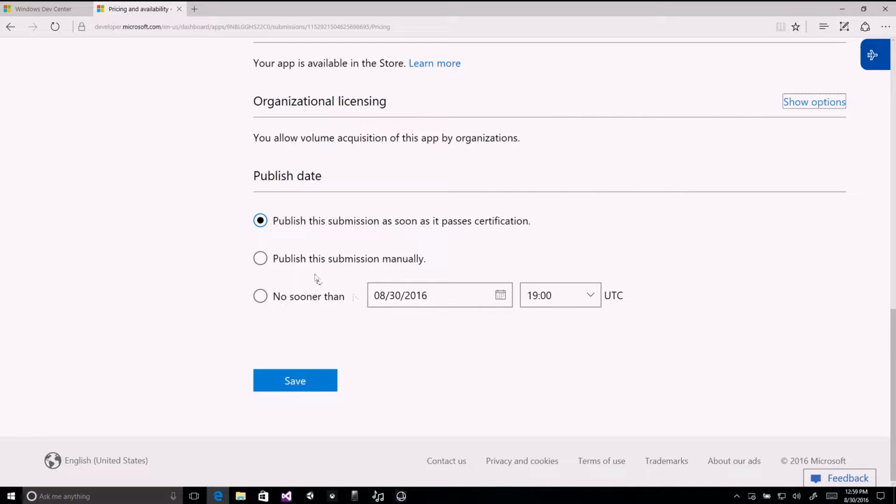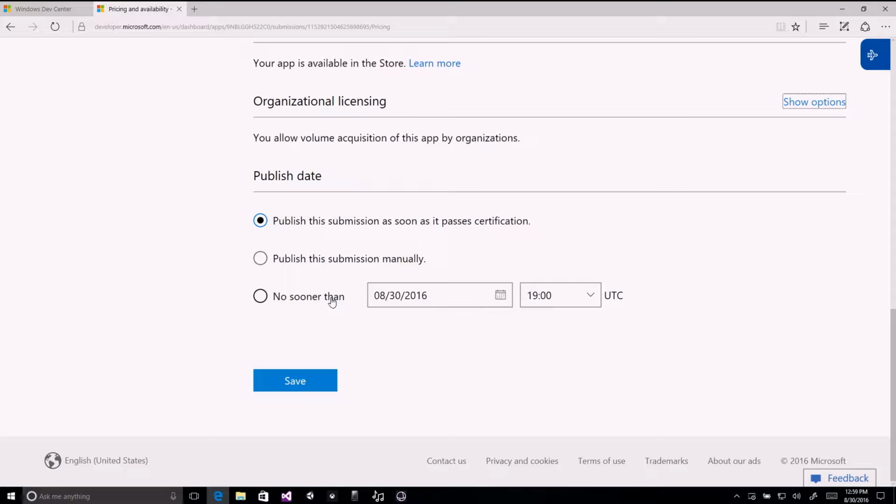Last but not least, when you publish the app, you can choose one of 3 ways for your app to roll through the certification and release process. The first one is obviously just as soon as everything is complete, kick that thing out there and let it start showing up in the store. The second one is once everything's validated and certified, let me click the button that will put it in the store as a listing. And the third one is what I call a gated publish, where you can say, all right,